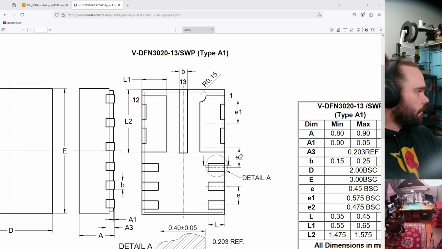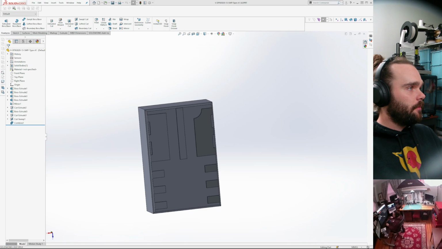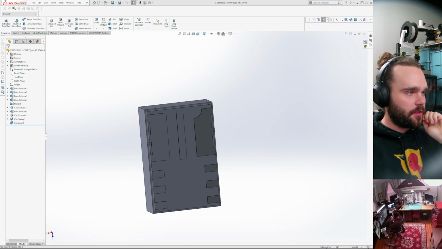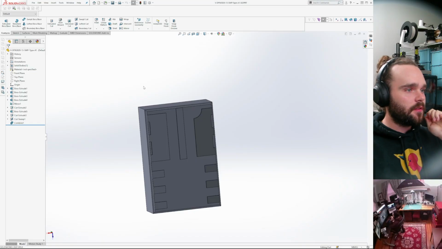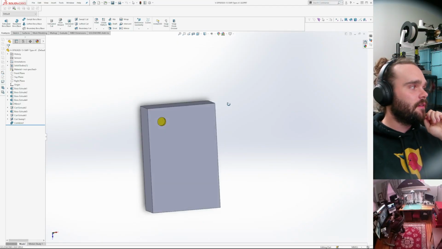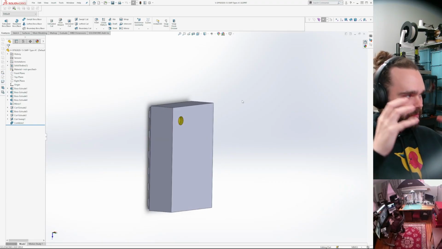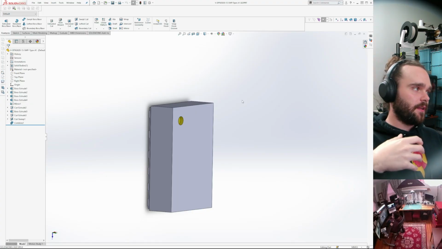So I have a model, but the problem that was happening that I just figured out is that there's no documentation about this, or if there is, it's buried. You can't use multi-body step files when you go to import your models back into KiCad.